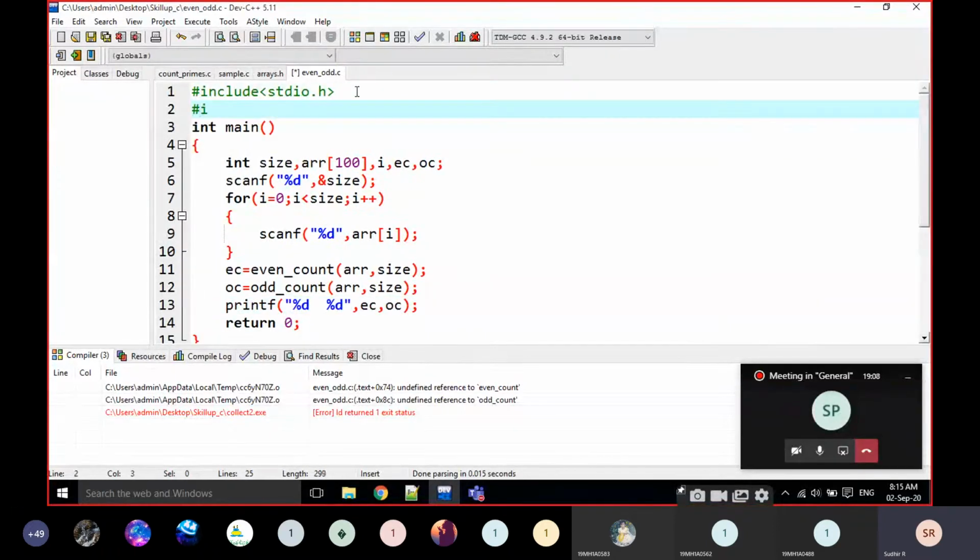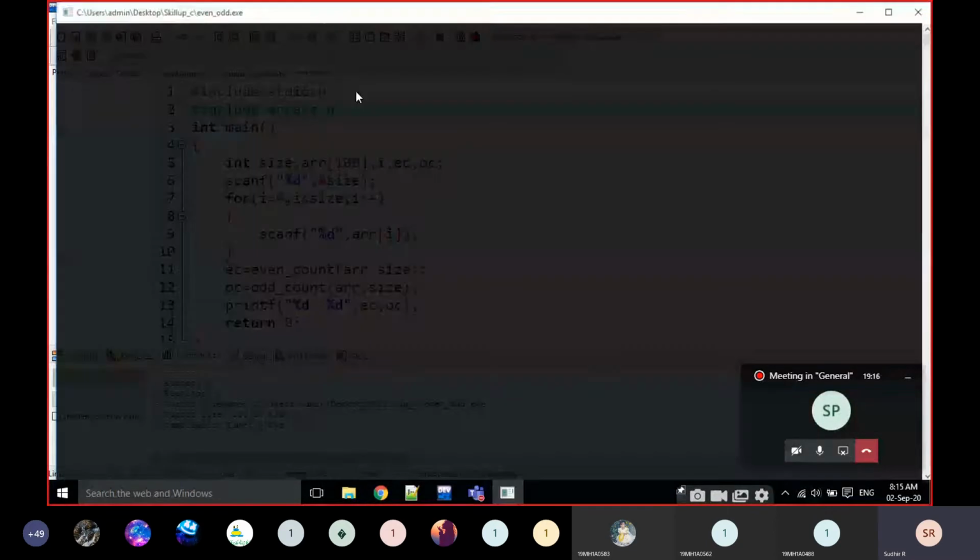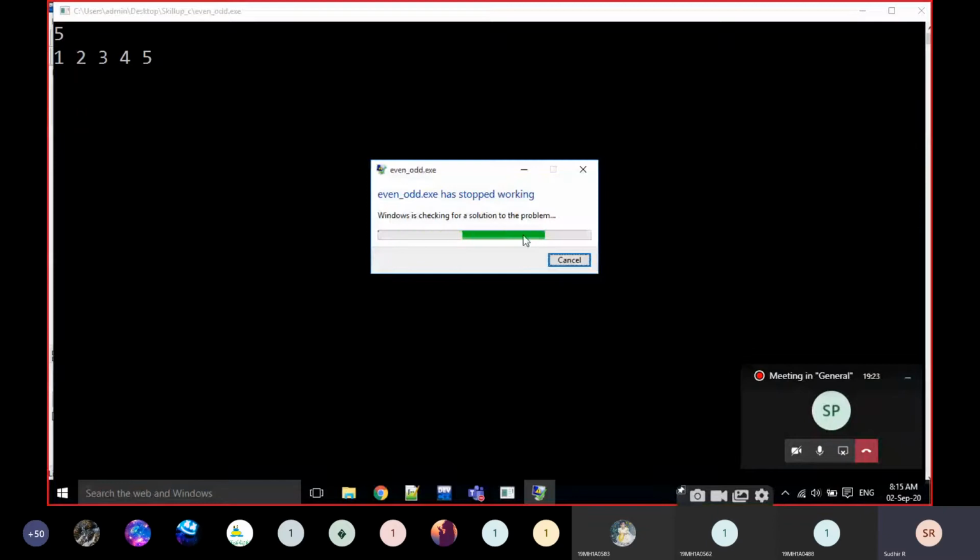I am going to write hash include, math.h. I'm going to execute it. There are no errors. For example, if I give 5 here, 1, 2, 3, 4, and 5, the output, sorry, something is missing.